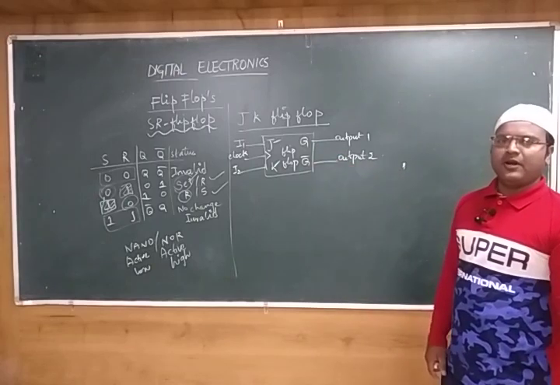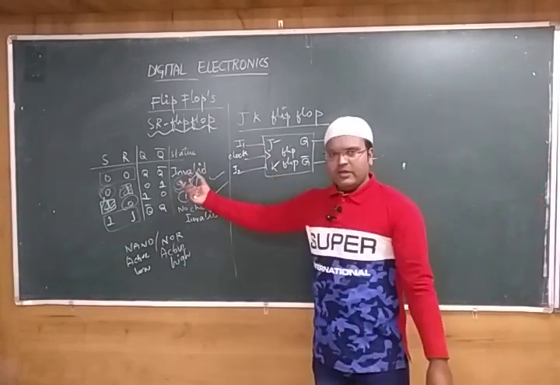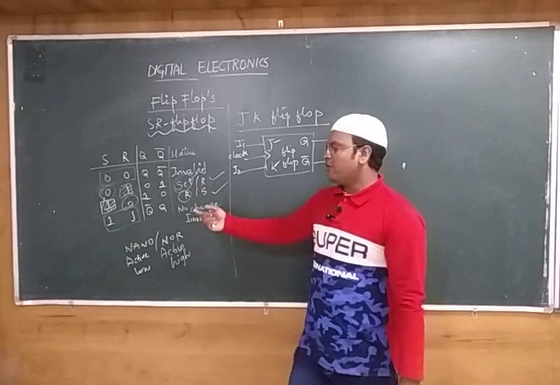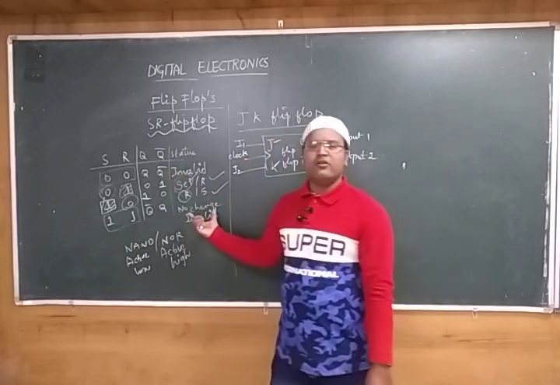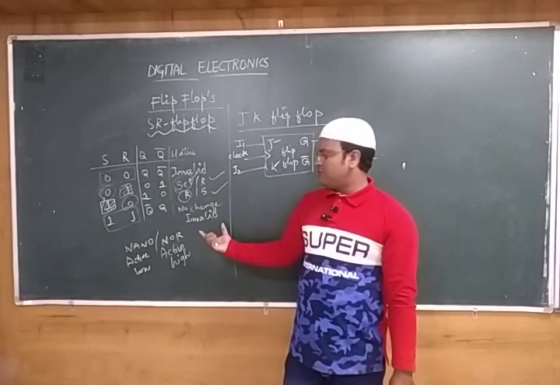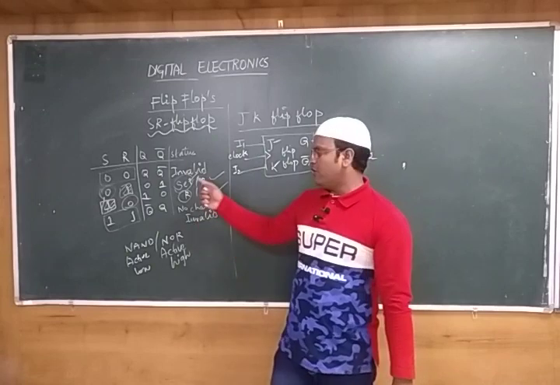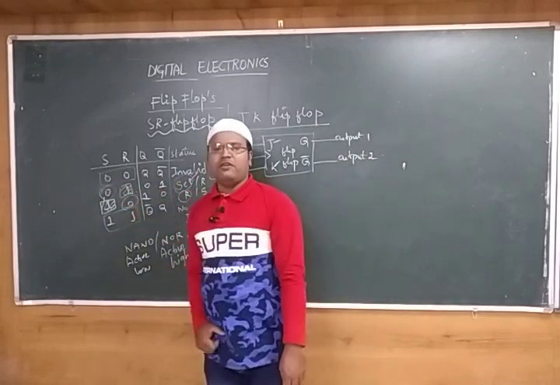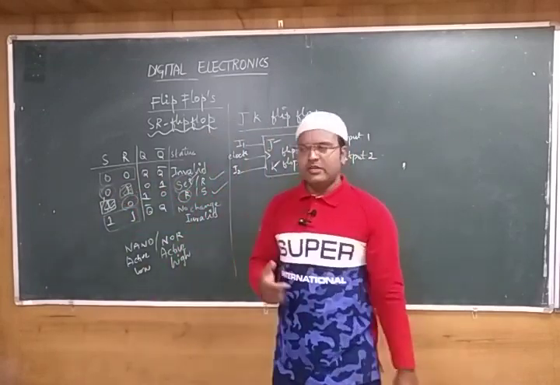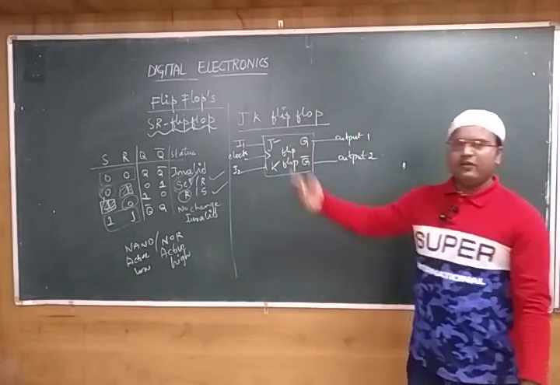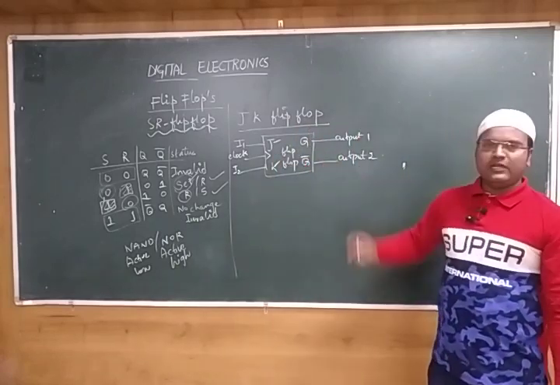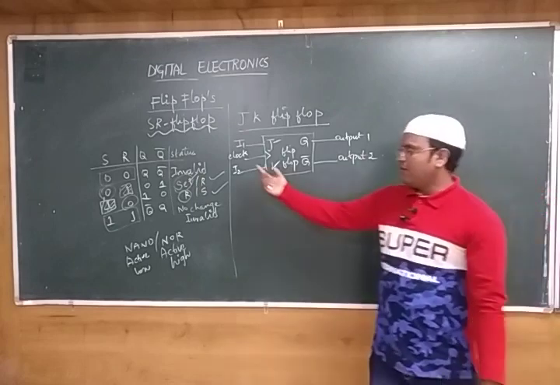Same thing. So in SR flip-flop, the main problem we do have is we are getting invalid or no change, or the bits is what? Invalid. For that particular thing, you want to eliminate this 0, 0 and 1, 1. For that, what we are doing, we are just passing through the JK flip-flop, and we are passing to Q and Q bar. That's our output. Same thing, we are giving one clock pulse.